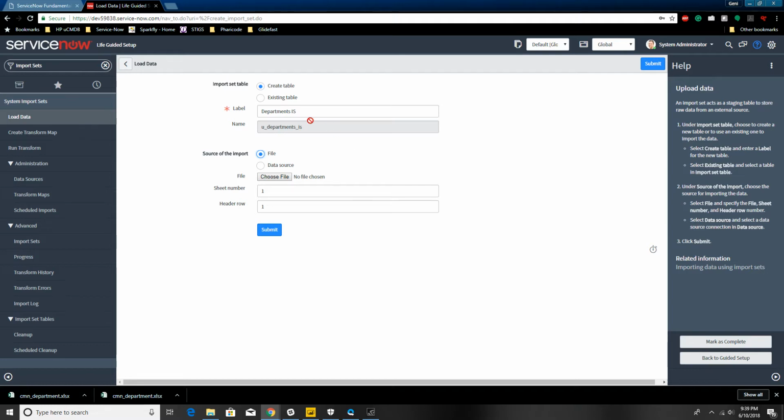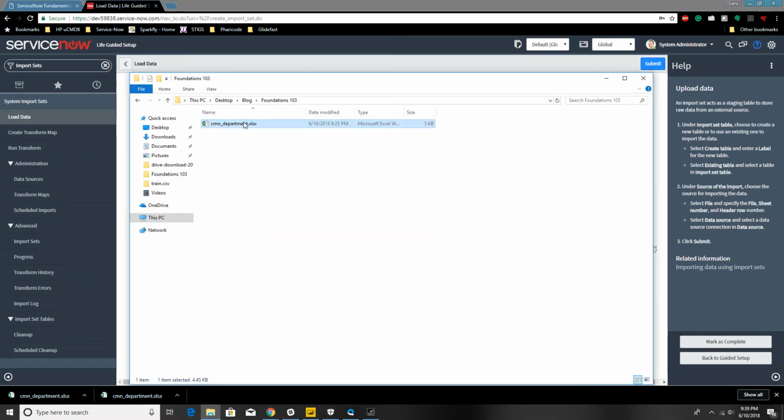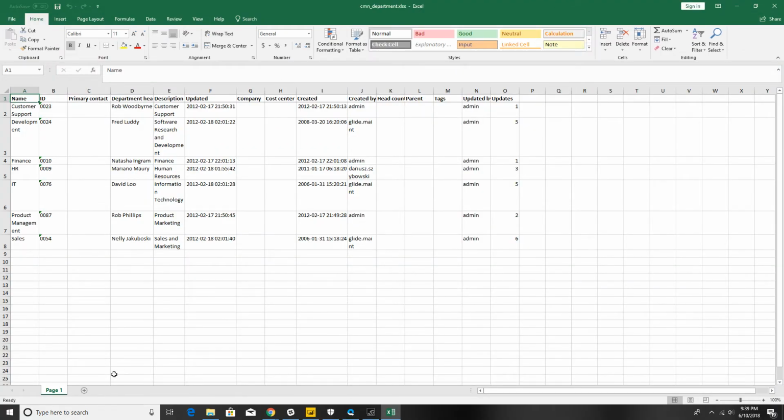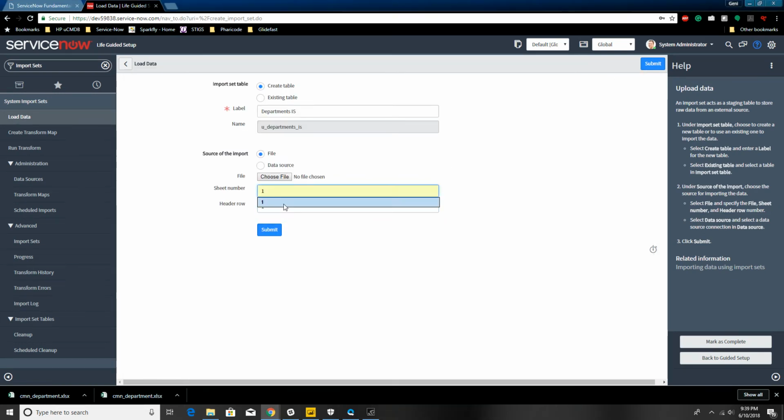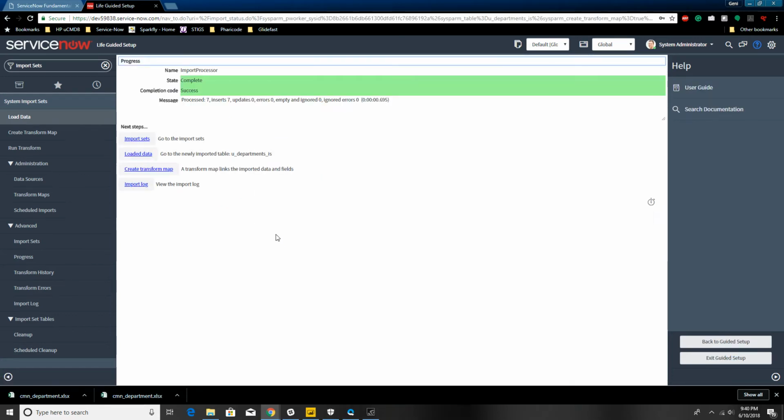And keep in mind, with an import set, you can actually have your data on different sheets and it start at different rows. So for our sake, if we open this, we are on sheet 1 and our headers are in row 1. So we're going to leave this as sheet 1, headers, row 1. And we're going to choose the same file. And then we're going to hit submit. All right, so now it has loaded the data,